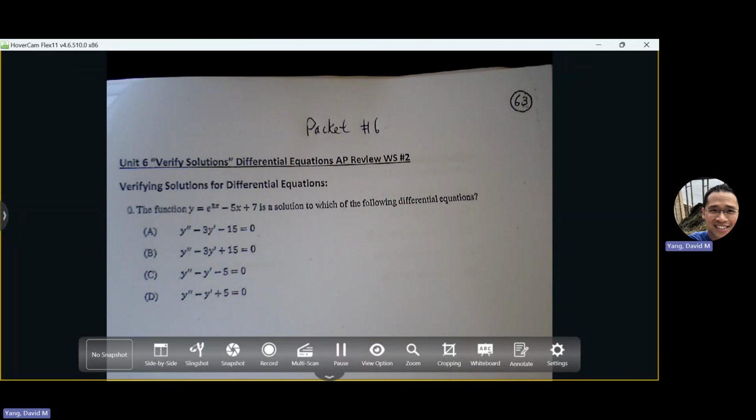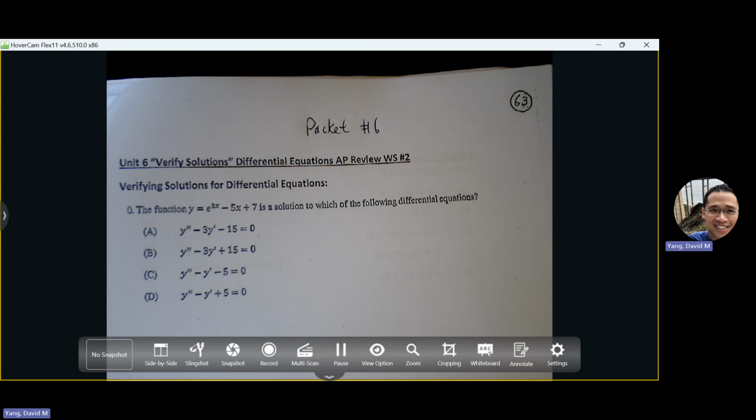So I'm going to do something a little bit out of order here. If you guys can turn to page 63 in packet 6. These are like multiple choice questions that may show up. These are called verify solutions problems. These aren't difficult. I think I just want us to make sure that we know how to move through